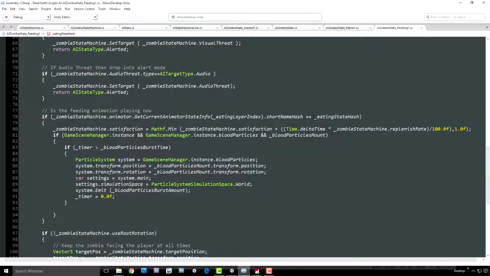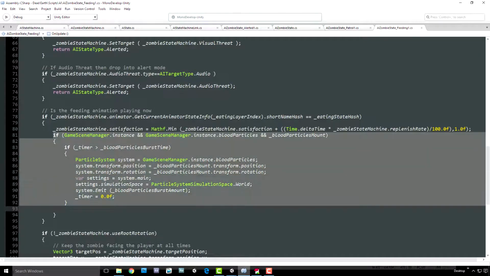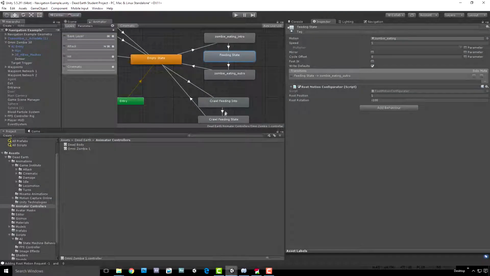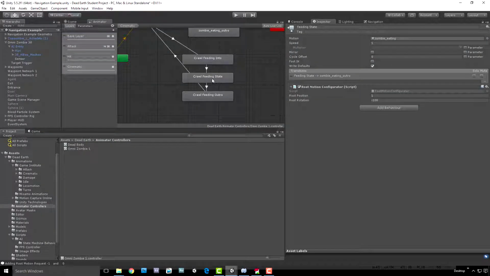And then we compare that against our feeding state hash. So really what we're doing is we're saying to the animator what state is playing, and if it is a state that is called feeding state, then that's when we add the satisfaction onto the zombie and we do all the blood particles. The problem is we now have a second feeding state on this cinematic layer called crawling feeding